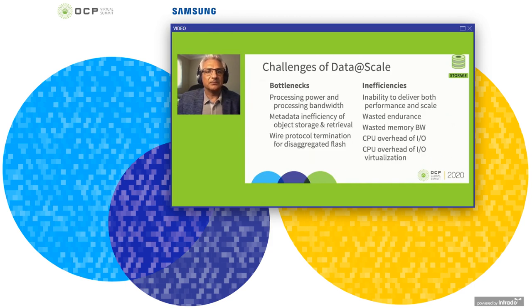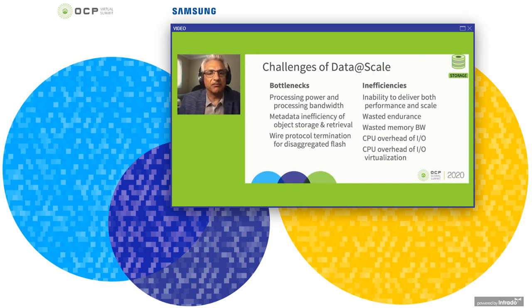Thank you, Michael. So to double click on some of the points that Michael raised at the end of his talk, let's dive into the details of what it is like to handle data at scale. First, like Michael was saying, at that volume of data, such as the exabytes and data lakes he described, the need for scaling processing power and data bandwidth with the amount of data is paramount. Without it, there are bottlenecks in the system related to data funnels.